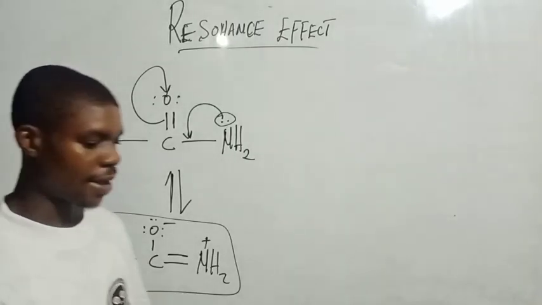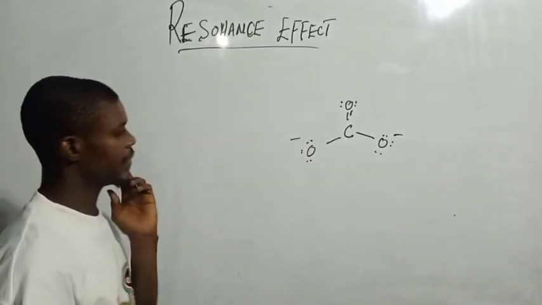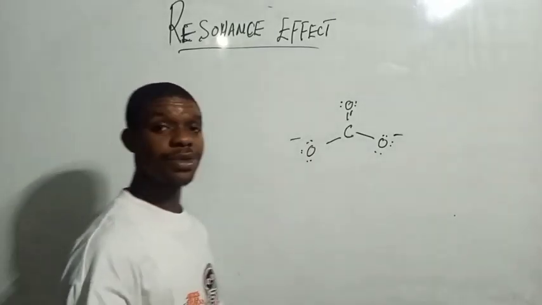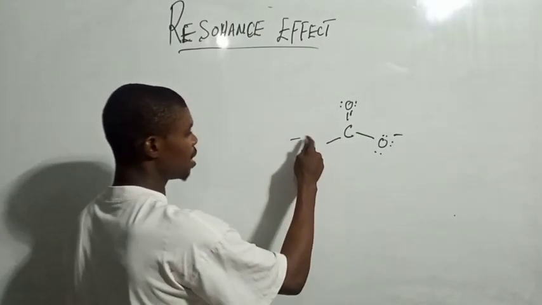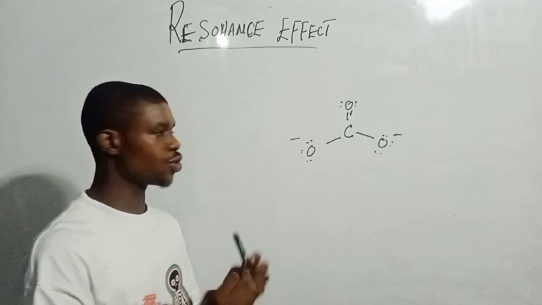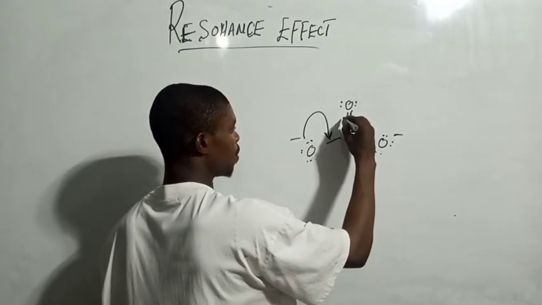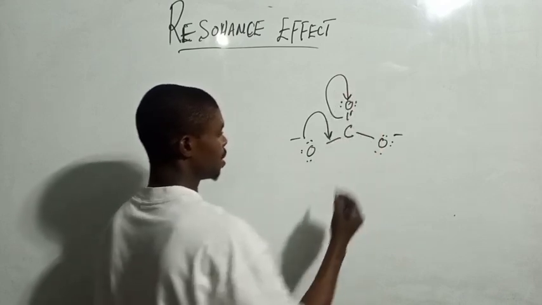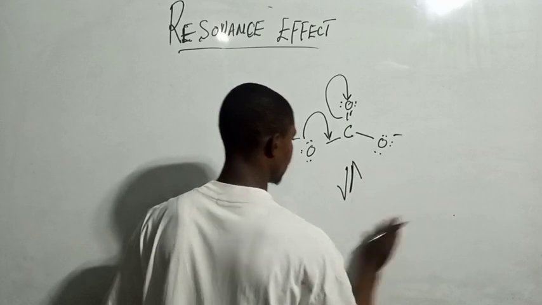I'll give you one for you to try. Go ahead and try this one here. How many resonance structures can you get from here? Go ahead, try it. Let me see what you can do. So let's try it together. They say move a non-bonding electron towards a pi bond. So I can easily move this guy here. If I move from here, what will happen? So move to that point. So I'm going to add a second resonance structure, which is